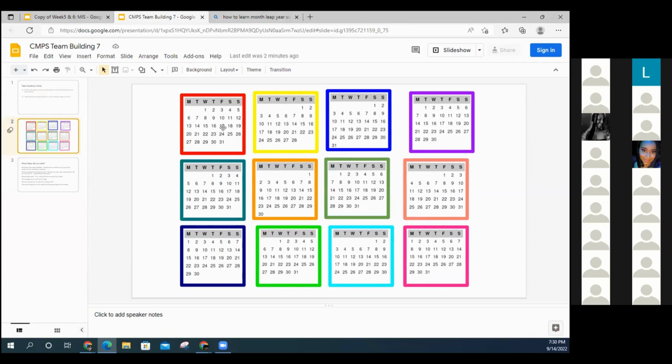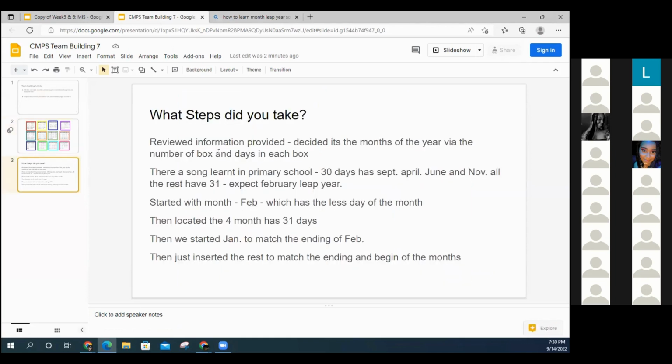Okay, so this is what we ended with. Basically, we didn't have much time to do the information, but in the last class, I practically did the information. So we started, as everyone else knows, that February was easy to identify due to the number of the week. So what steps did we take? First, review the information provided, and decide it's the months of the year via the number of the box and the